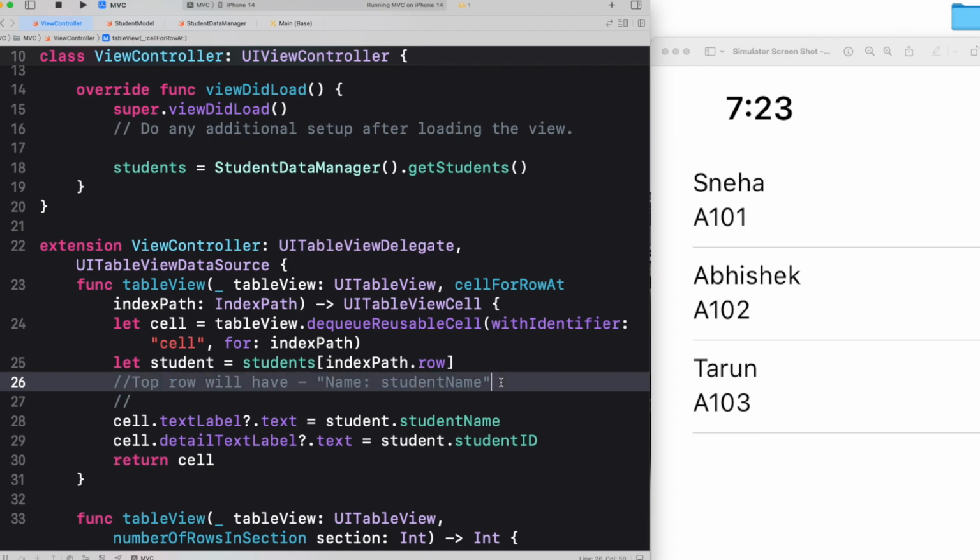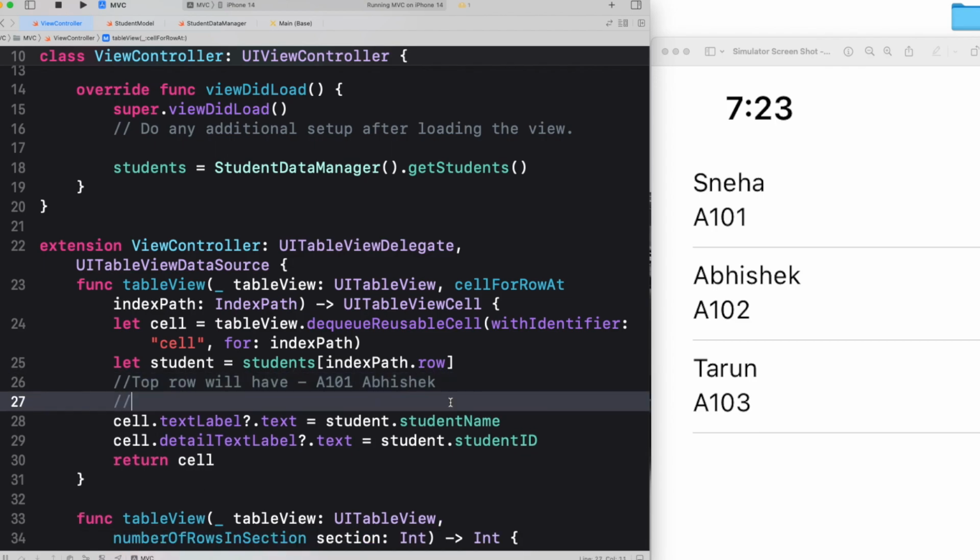And then name, student name, and I'll tell you how I want it. Abhishek, and then Sneha, 101. Okay, I want A101, and then I want Abhishek. Okay, in the same line. In one line, right? Yes. Okay. And in the bottom row,